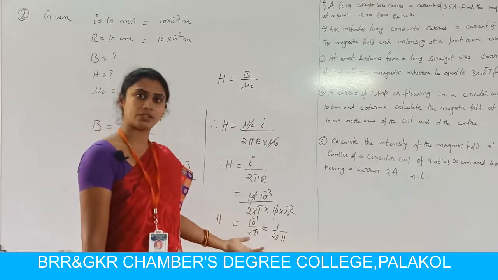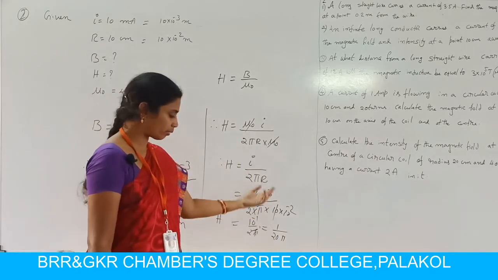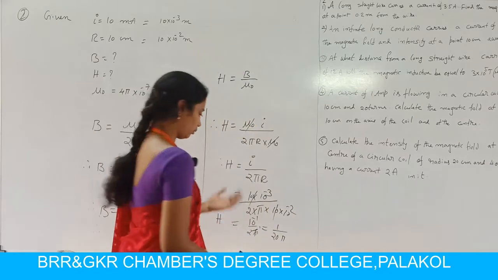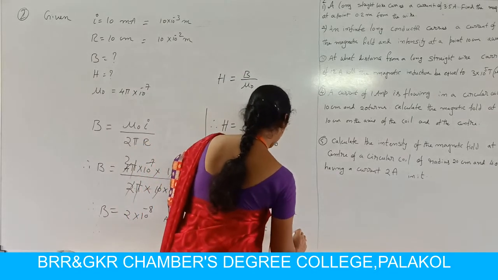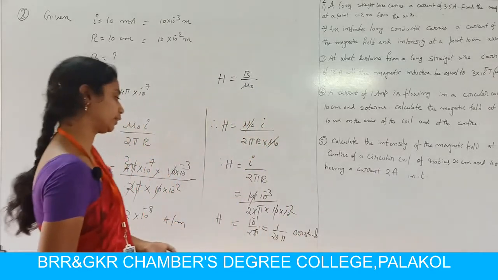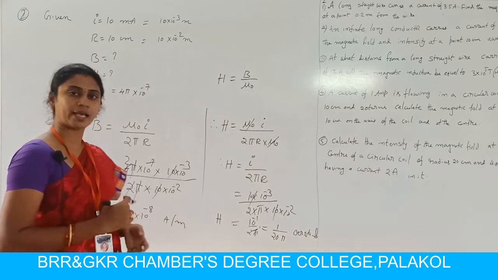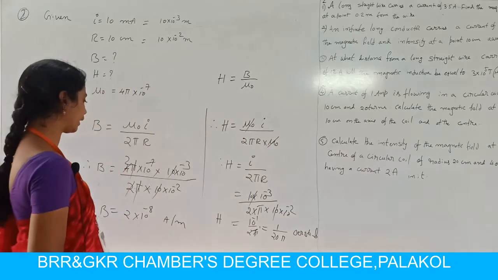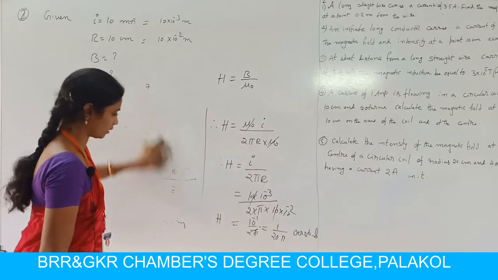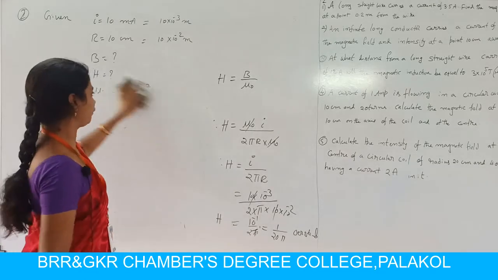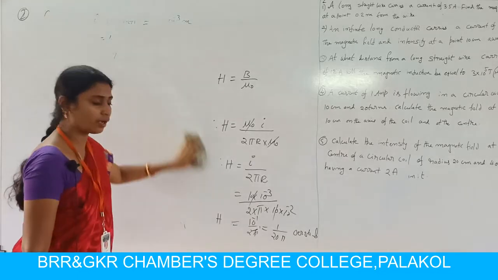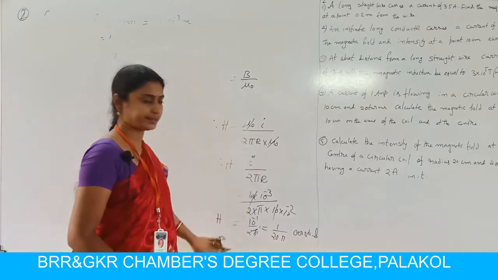If we substitute the pi value, which is 3.14, and multiply and divide 1 by 20 into 3.14, we get some 0.4 something. You can solve it. Here the unit for H is Oersted. Oersted is the scientist who observed that magnetic field and electric field are simultaneously produced in current carrying conductors, with charge stationary or in motion. Hence his name is given as the unit for intensity of magnetization. I hope you are following the second problem.